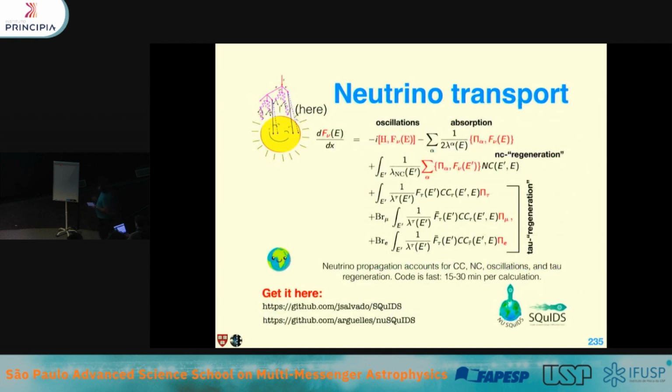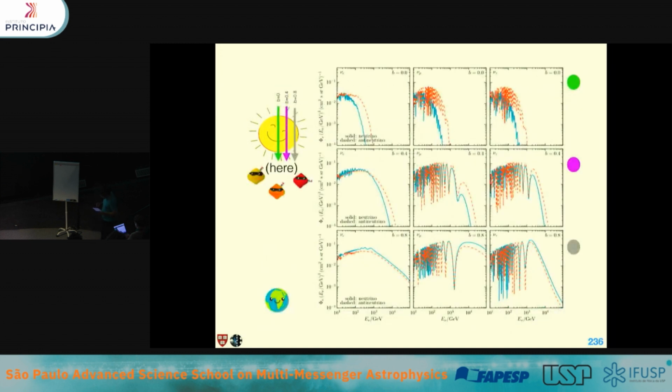So what you do is you have to solve this quantum Boltzmann equation, where you have to take into account both simultaneous neutrino oscillations and interactions, which you can solve with one of these codes here. Once you compute the production of neutrinos at different distances, you're going to get different impact parameters and neutrino flux. This is shown scaled by E cubed, and you can see that you get this oscillation behavior. Here, the different panels correspond to different flavors. It's electron neutrino, mu neutrino, and tau neutrinos.